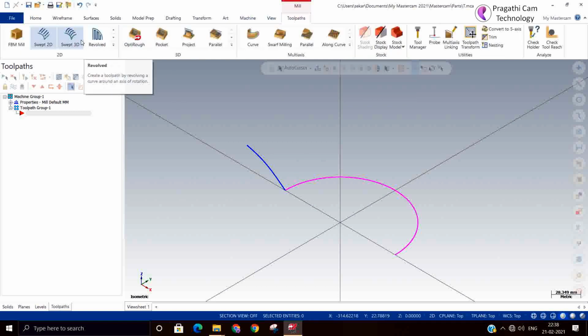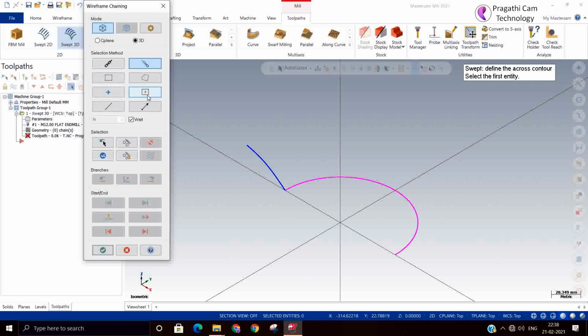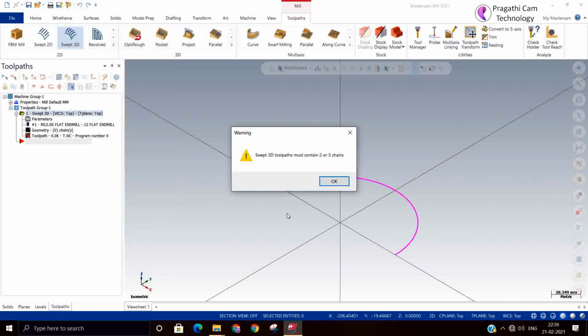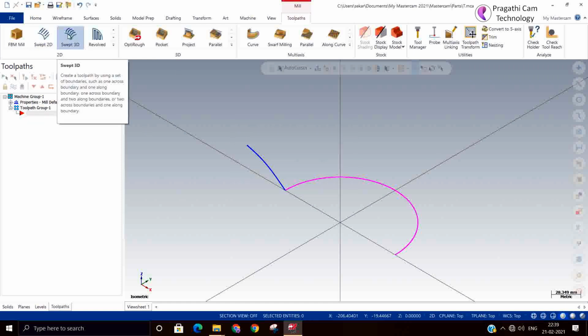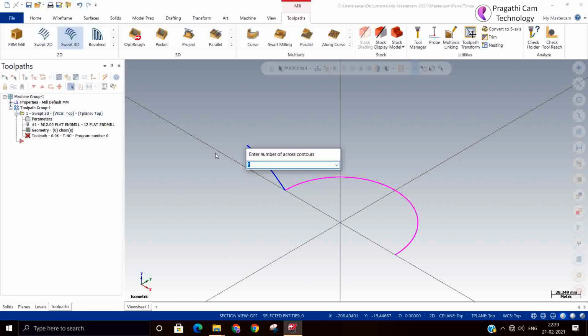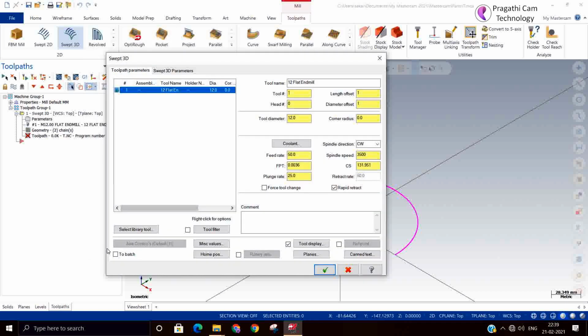Now toolpath, 3D sweep, number of across contour 1, along contour 1. Sorry. Now number of across contour 1. Okay. Accept. And this is my along contour. Okay. Now we are in the